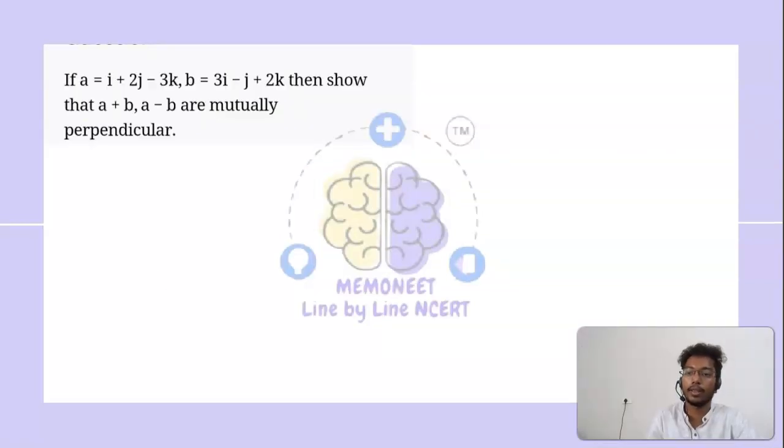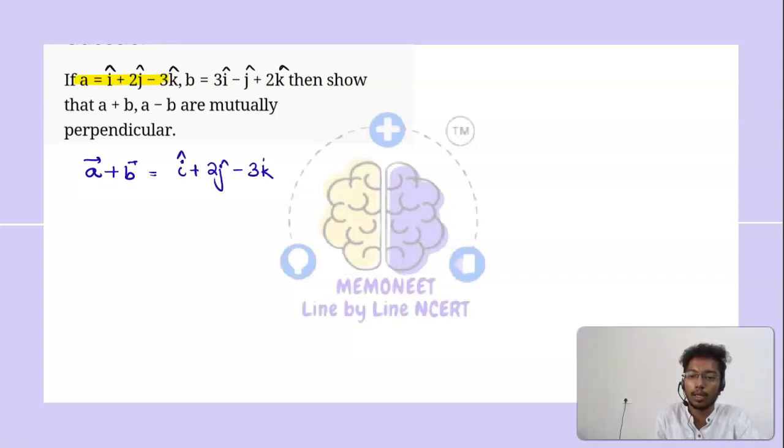In this question it is given that A is equal to I cap plus 2 j cap minus 3 k cap, and B is given as 3 I cap minus j cap plus 2 k cap. Then we have to show that A plus B and A minus B are mutually perpendicular. So we have to find the value of A plus B. If we write, A vector plus B vector is equal to I cap plus 2 j cap minus 3 k cap